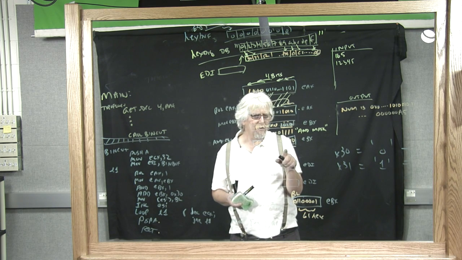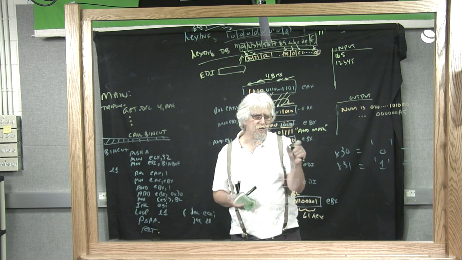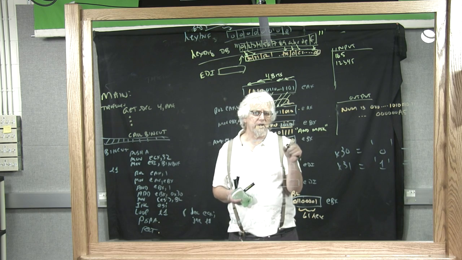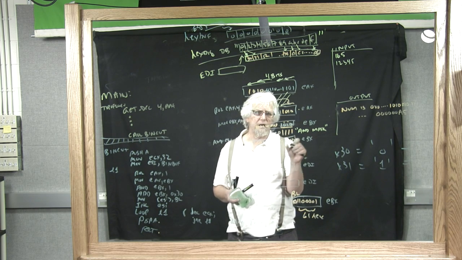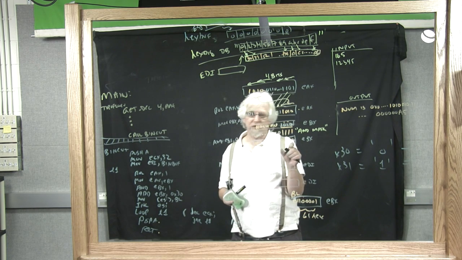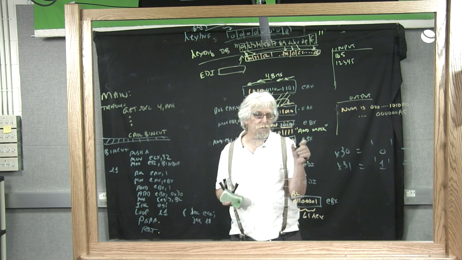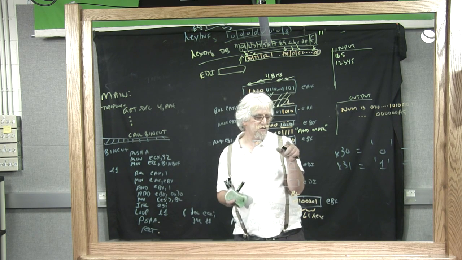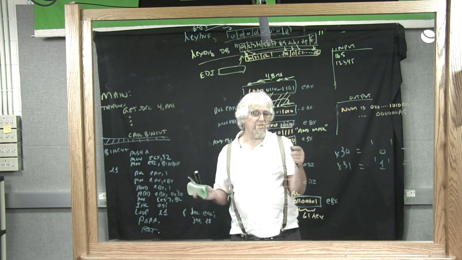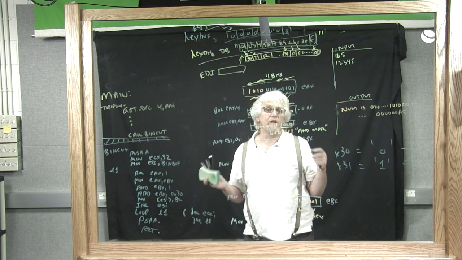Decimal 48, decimal 49. If I add 10, the value is 10. If I add 10 to 48, I get 58. 58 is an ASCII character, but it's not the right one. If I add a hex A to 30, I get 3A. 3A is that ASCII character. It's not